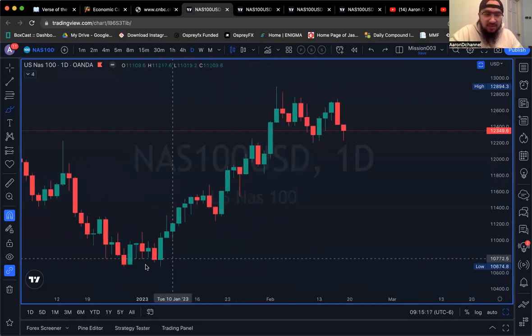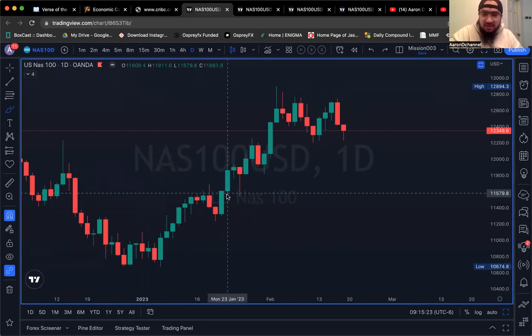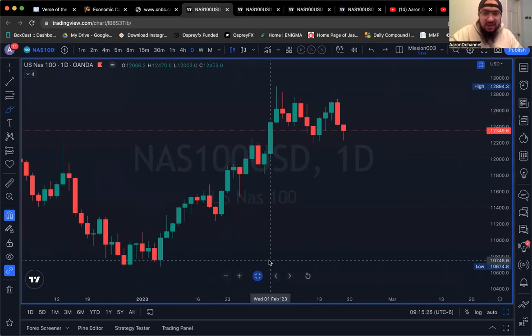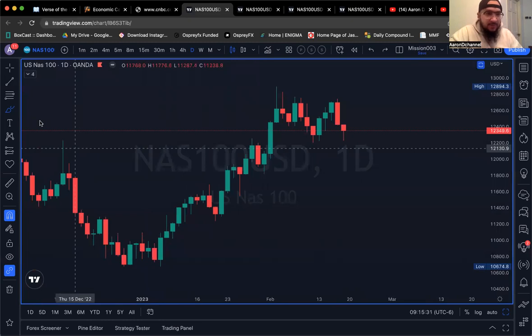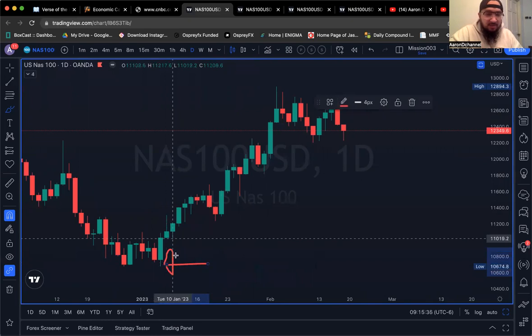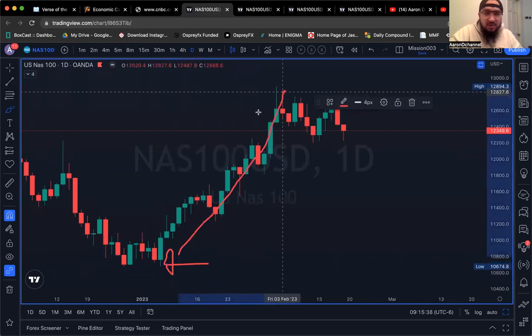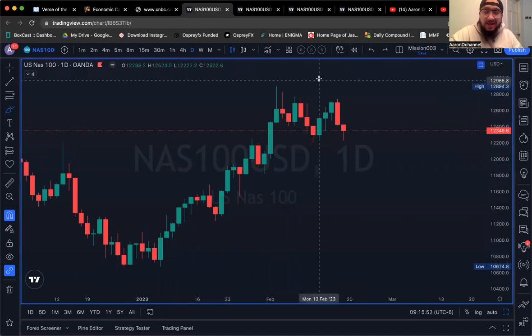You see how price was kind of down here. If you look off to the side, it says 10,000, close to 10,600. This is the NASDAQ 900. Everybody knows the NASDAQ, right? If we were to click buy right here and price goes up, you would have made some great money, because we bought when price was low and then price went up and you were in profit. Now, typically when you buy stocks,